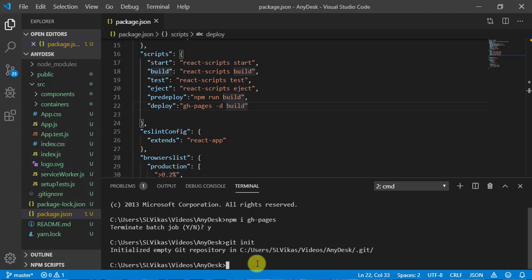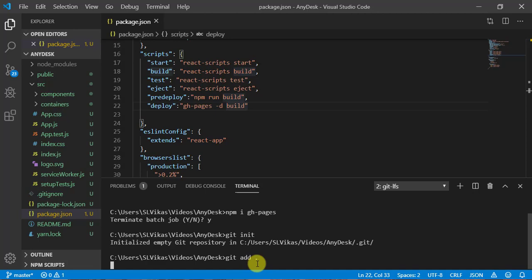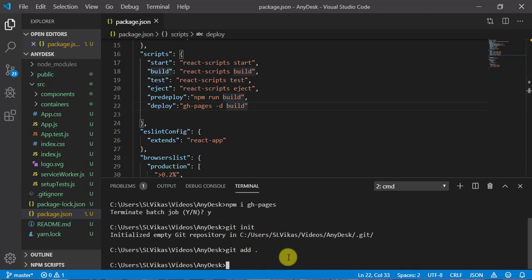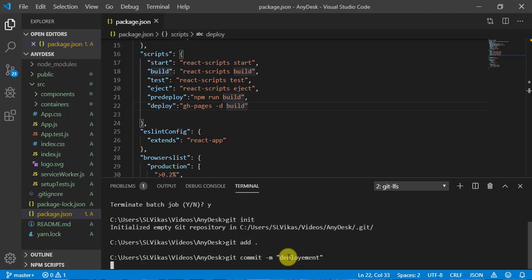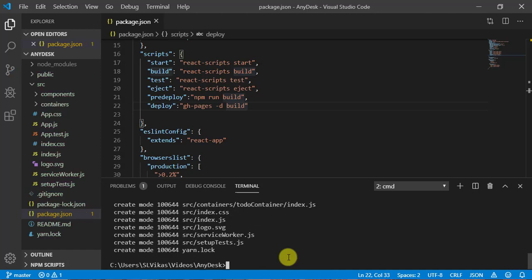What I have to do is push this. So git add . means I am trying to add all the files. Now git commit, and let's give the message deployment. Save it.